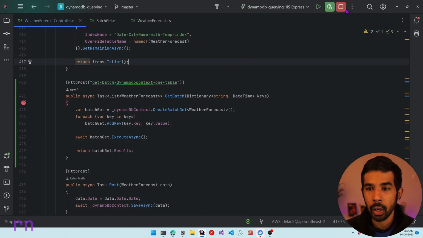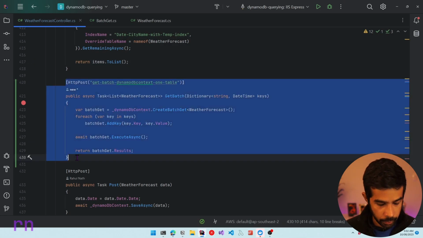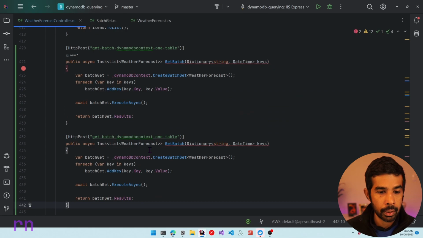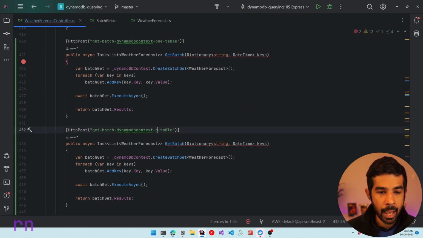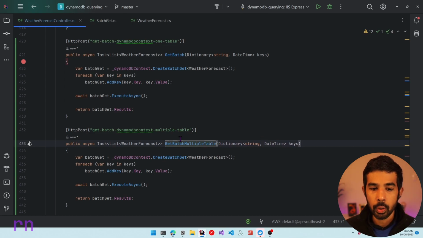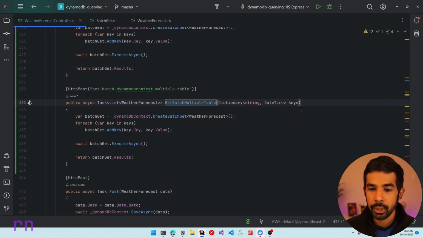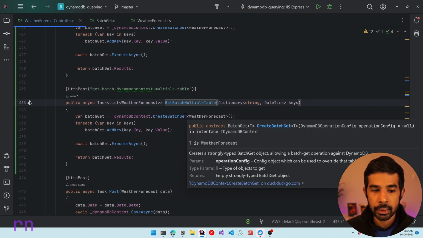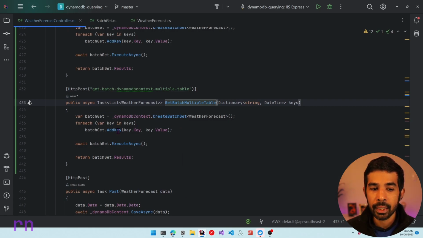So let's come back to our application. Let's stop this. Let's copy this method. So let's copy that and let's create a new method under that. And let's call this as multiple table. So let's say get batch and call this as multiple table as well. Now, this is going to be exactly the same. So as we get the keys, we can create the BatchGet, iterate through it, and add the keys into the